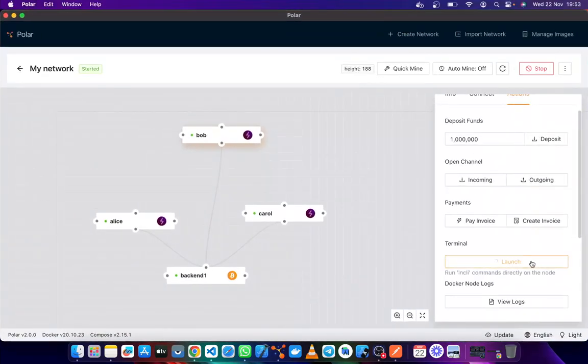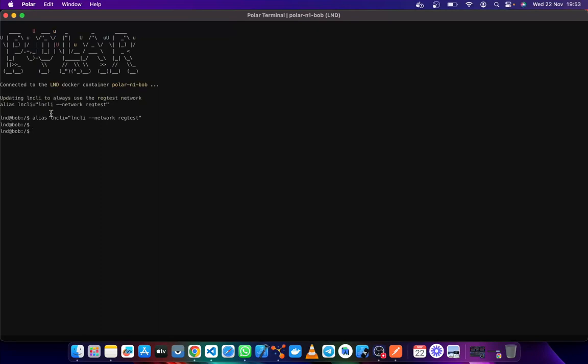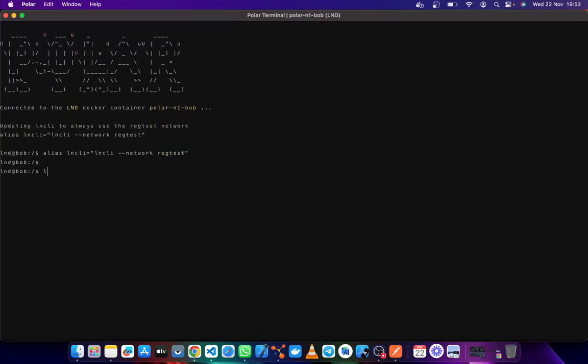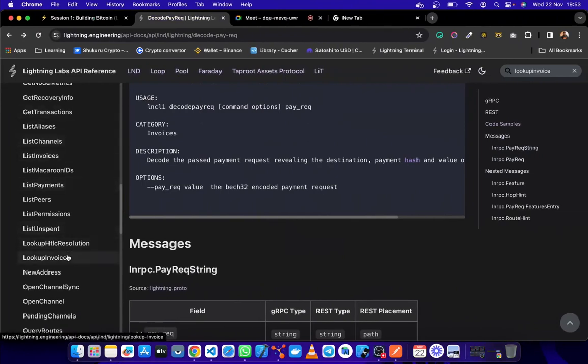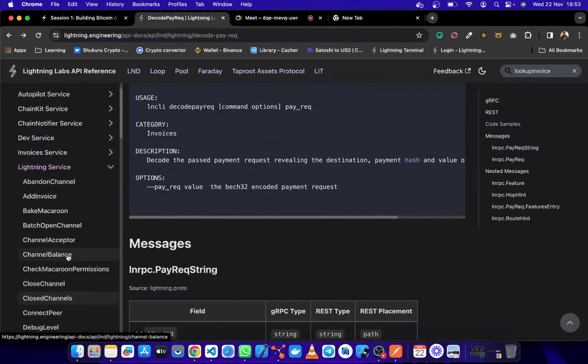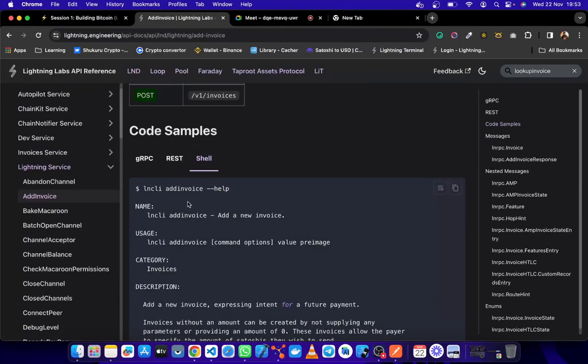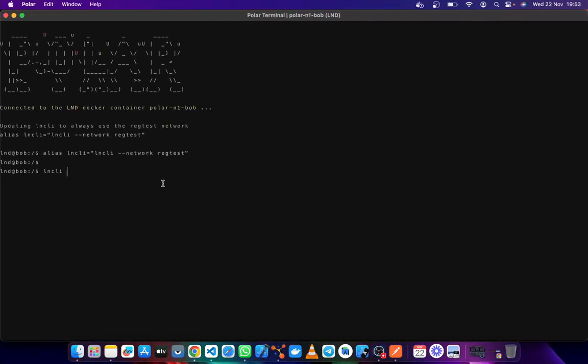So let me try to demonstrate that. Let me open Bob's terminal, and I say lncli. What creates an invoice is called add invoice, this one. So you go with add invoice, and then you use these flags to give the amount. For example, I want to create an invoice of 3K.